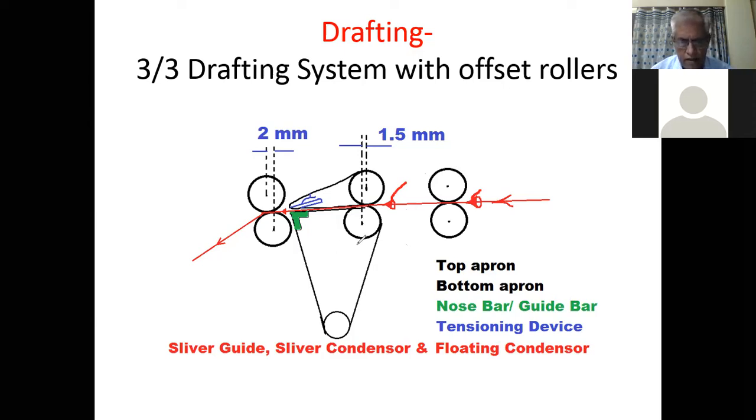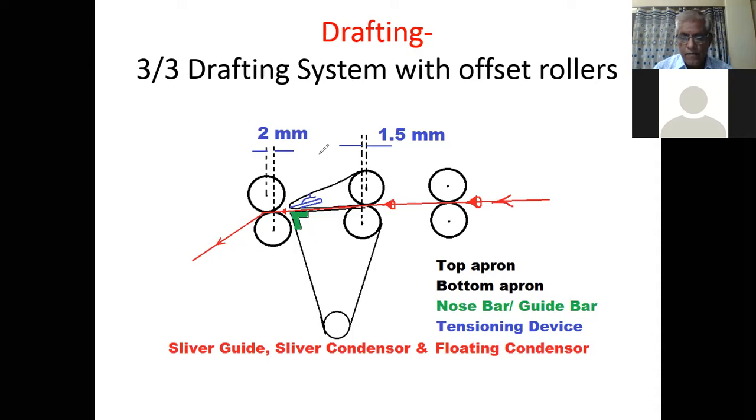And then in the front zone drafting, the material has been drafted to a level of 10 and the sliver has now been converted into ribbon form. So here a floating condenser is used. This red color in the front zone, this is the floating condenser. This floating condenser is used to condense the material into a round shape,